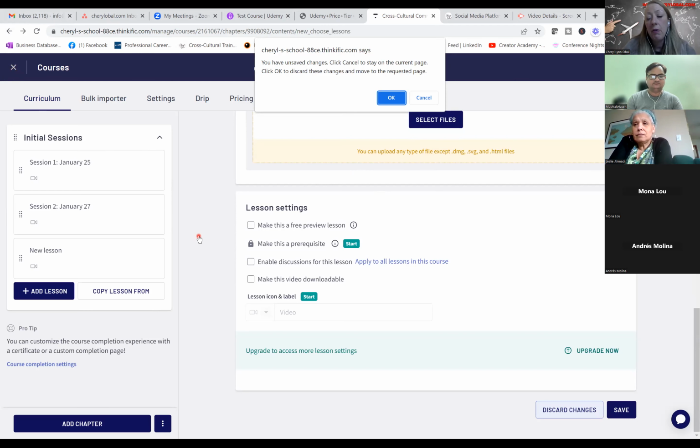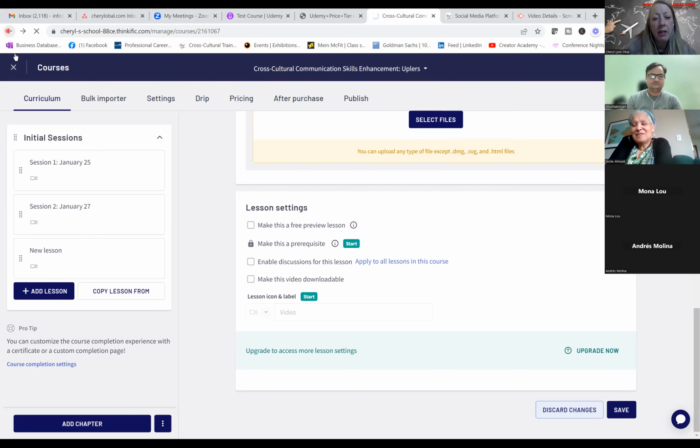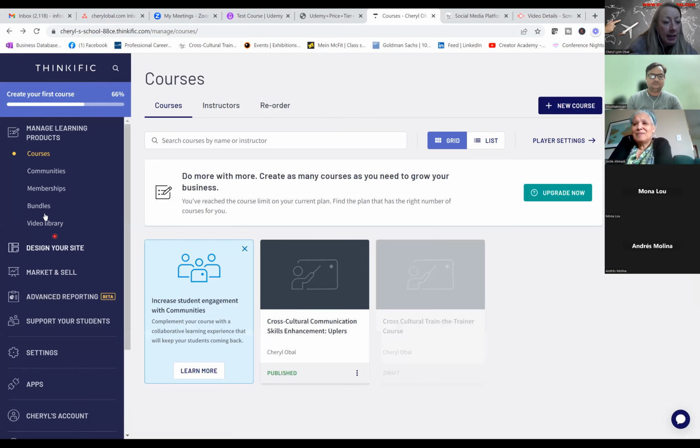So even if you think you're not tech savvy, don't worry. I am the least tech savvy person in the world, and I figured it out. And if you ever get stuck, there are plenty of videos, both on YouTube and inside the platforms. You can see here, I've just changed the screen back to the original, the dashboard. And they have other options, which I have not even explored yet.